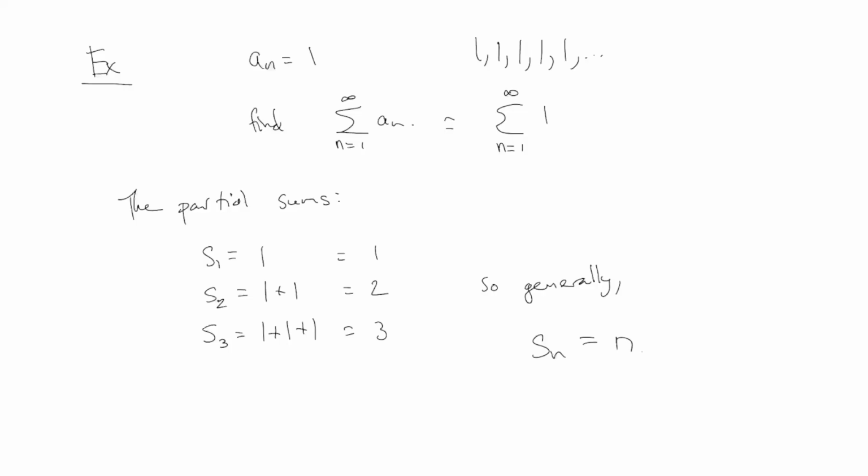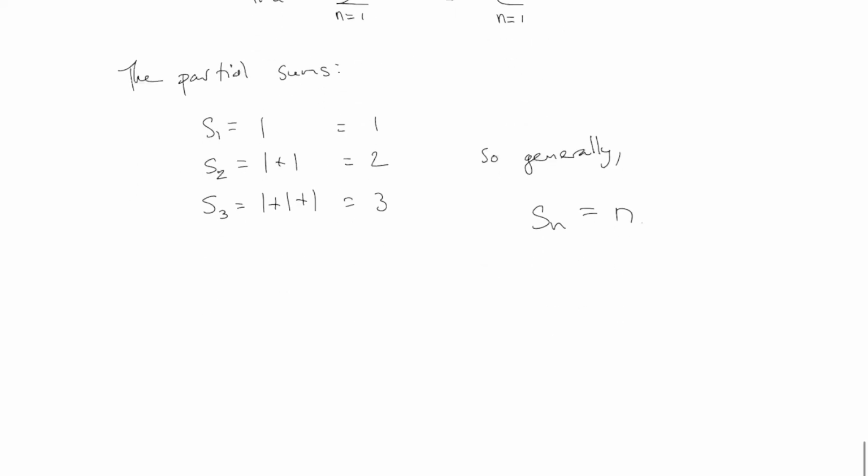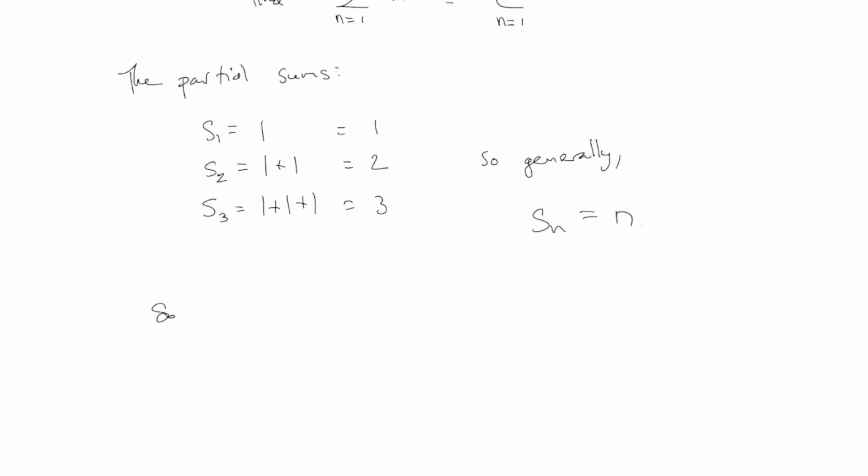This is kind of silly. I mean, if you're paying attention, I hope you agree this is very simple, but this is what's necessary in order to find the value of the series. So the sum, n equals 1 to infinity of an, this is the definition. It is equal to the limit as n goes to infinity of Sn. So this is the limit as n goes to infinity of n, and that is infinity, right? Or you could say it does not exist, or whatever, it diverges.